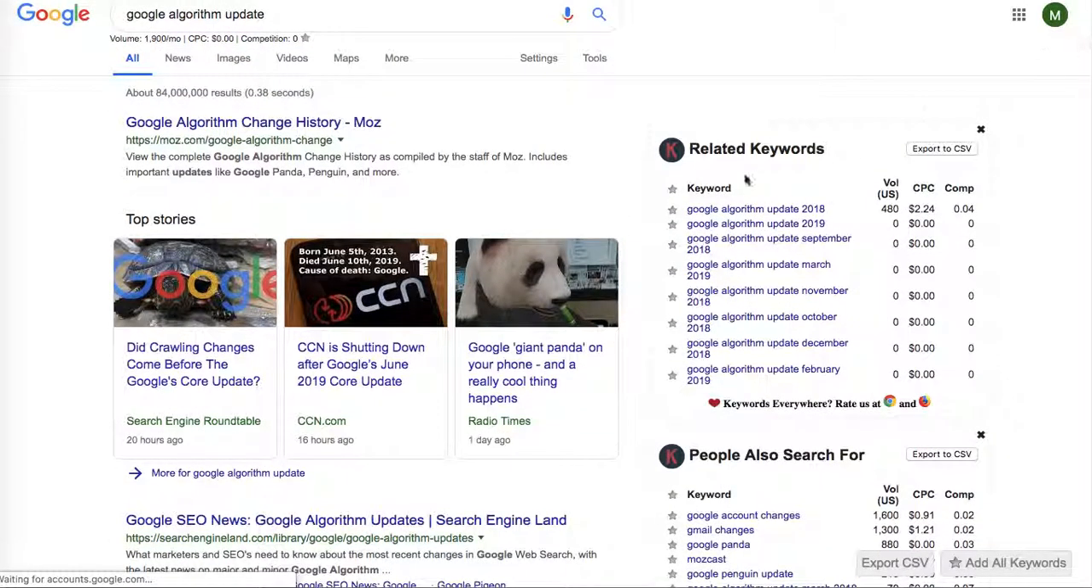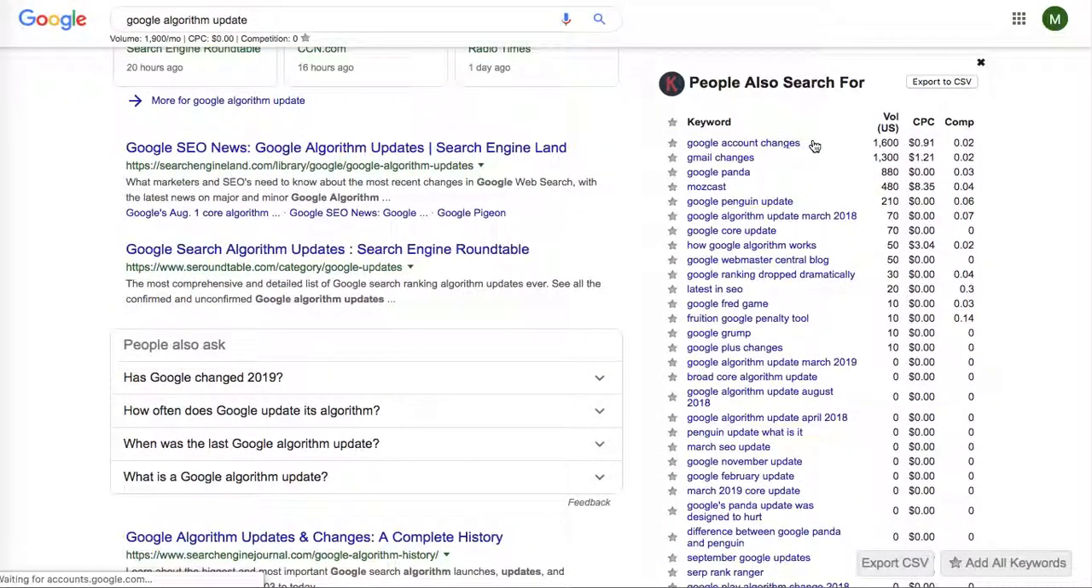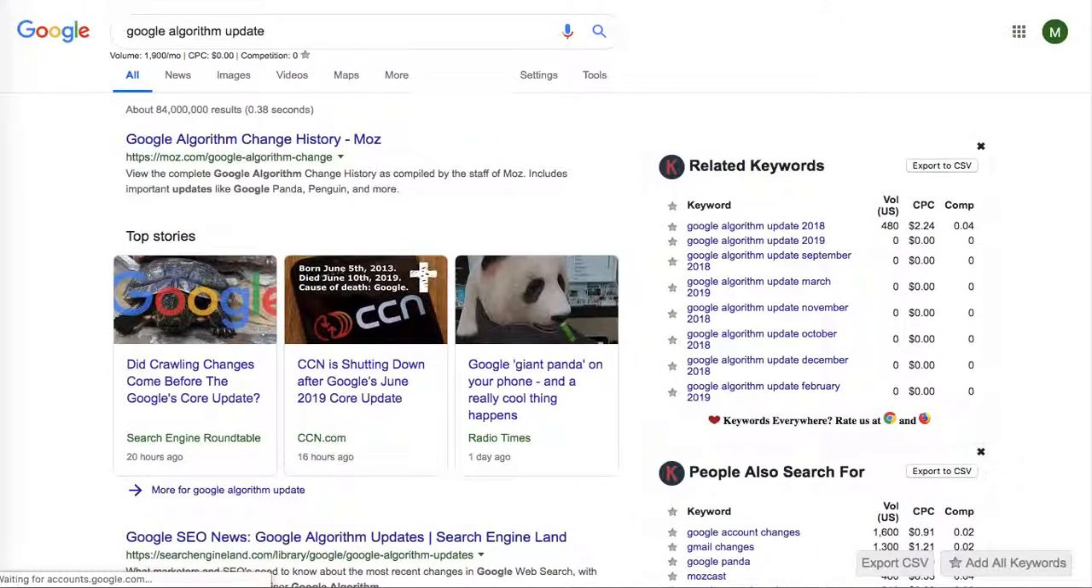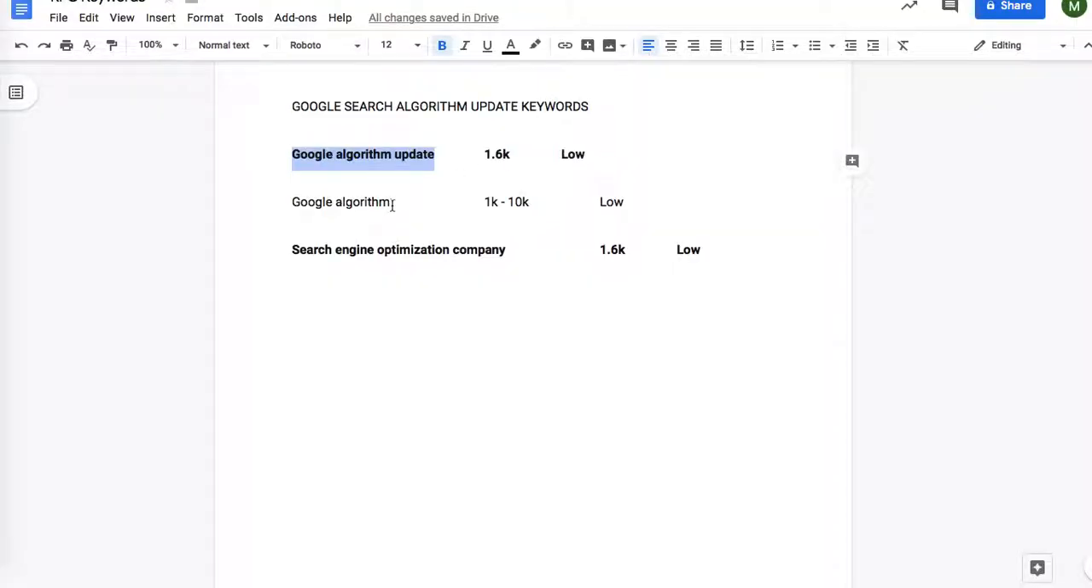So you can see related keywords here, and also people also search for these, obviously related to your main keyword, and you can see the volumes here as well, which is very useful. Obviously Google Chrome is so much faster than Safari, so I think I'm going to switch right now, and I'll just show you